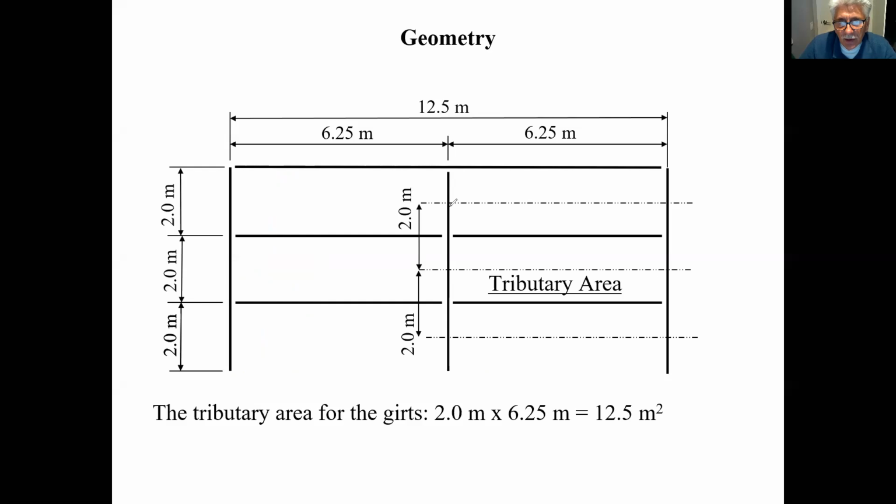Okay, so this is a girt, so we need to know what the tributary area of the girt is, so that we can find the values of the factors that will affect the pressure on the girt. So we're looking at an area of about 2 meters by 6.52 meters. So this is the tributary area that each girt is going to be carrying. And from here, first I worry about my geometry. And once my geometry is done,